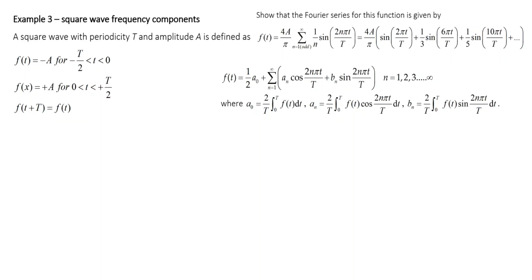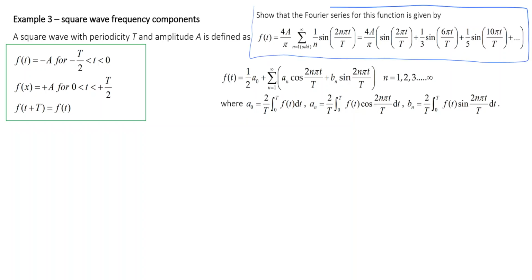So in example 3, we're asked to find the Fourier series of a square wave. This is very similar to example 1, except in this example the period is T, whereas in example 1 it was 2 pi. On the left hand side we're given the definition of the square wave as shown in the green box, and then we're asked to show that the Fourier series is the expression given in the